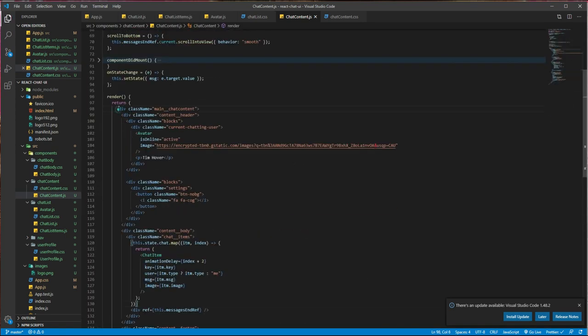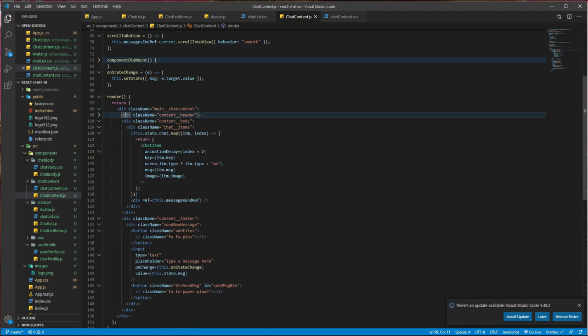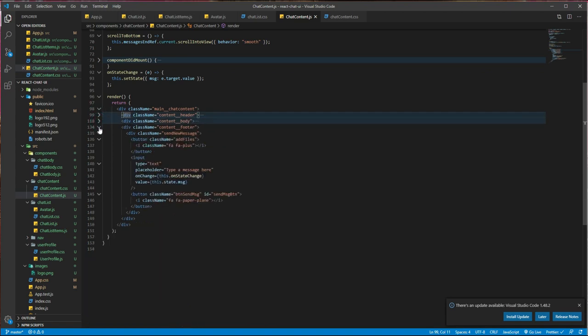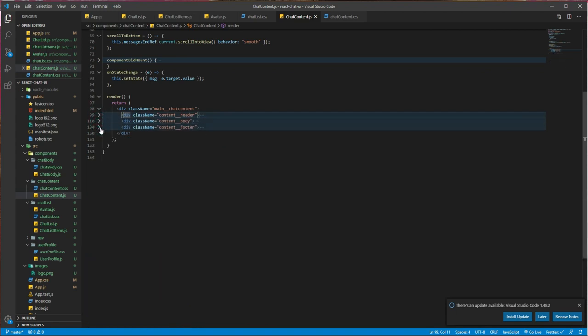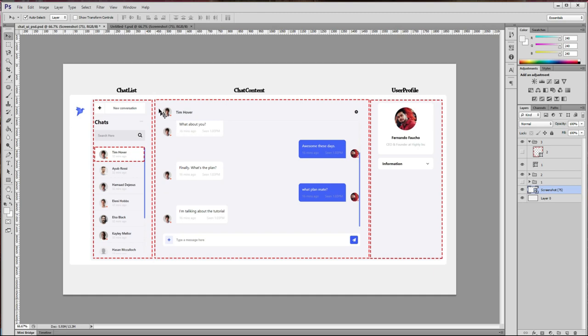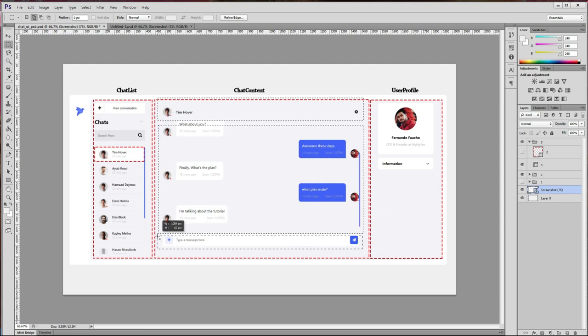This is the main. We added an overall container div, and we have added a chat header. This is the chat header, this is the chat body, and this is the chat footer. We can also separate this into other components, but to make it simpler, I didn't do that. So what is chat header, chat body, and chat footer? Let's go to the mockup. So this part here is the chat header, this part is the content, and this is the footer part.